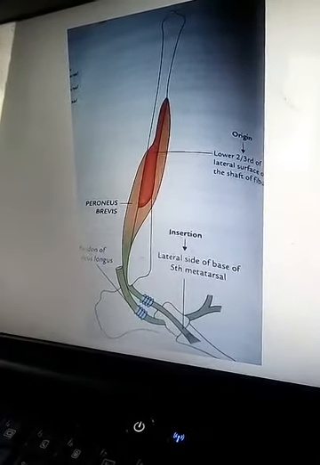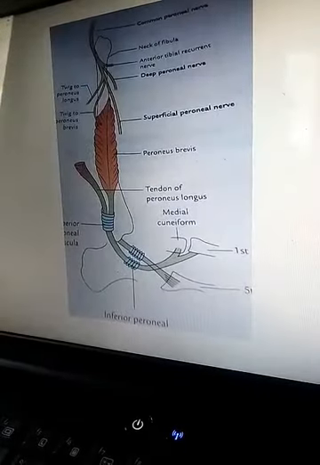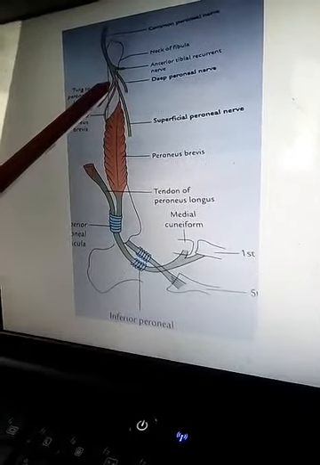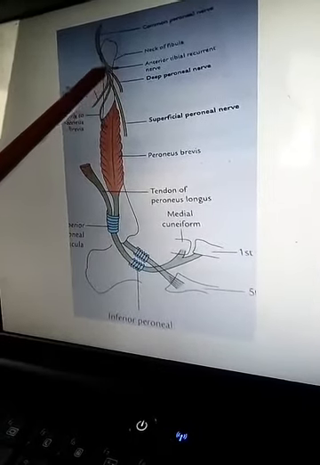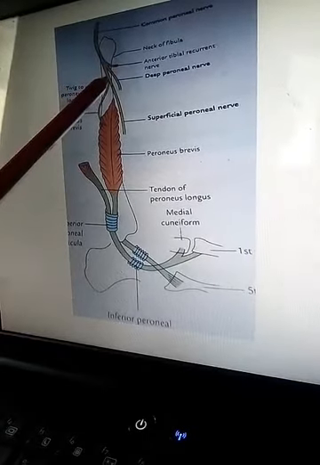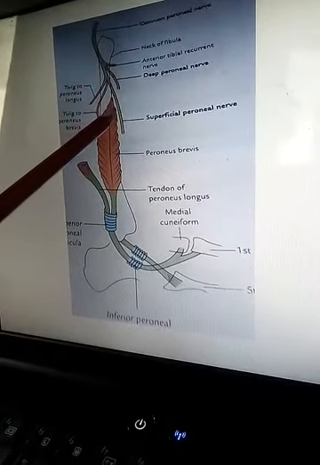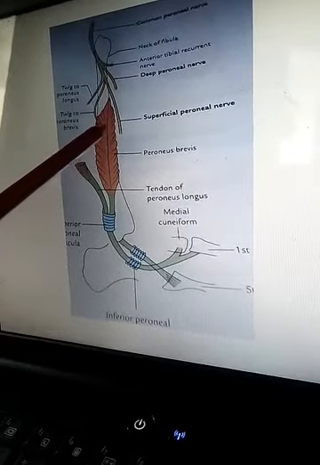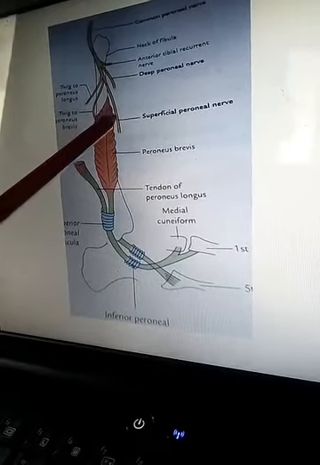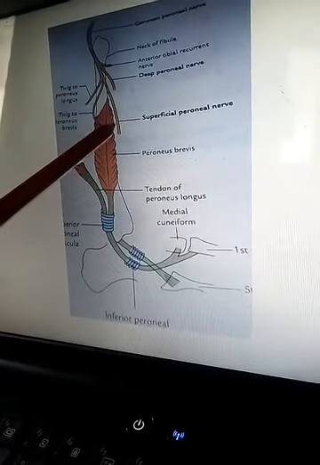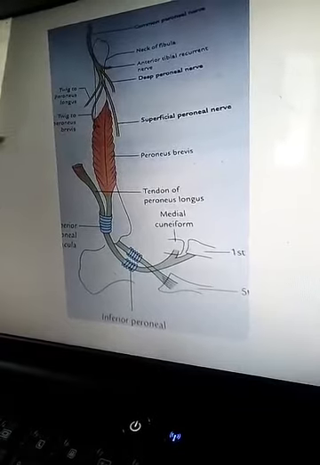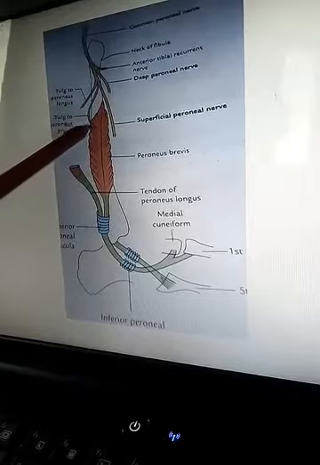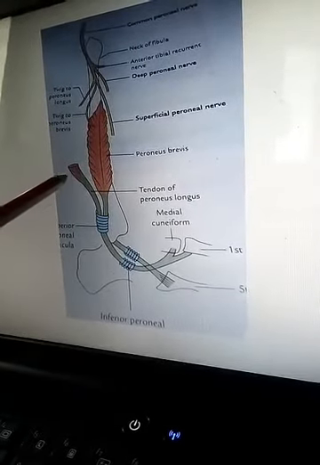Now, superficial peroneal nerve. It is one of the terminal branches of the common peroneal nerve given at the neck of the fibula. It arises in the substance of the Peroneus longus on the lateral side of the neck of fibula. It begins on the lateral side of neck of fibula and descends for a short distance between the Peroneus longus and Peroneus brevis, and then lies in a groove between the Peroneus brevis and the extensor digitorum